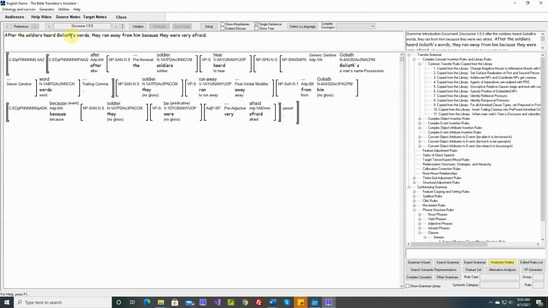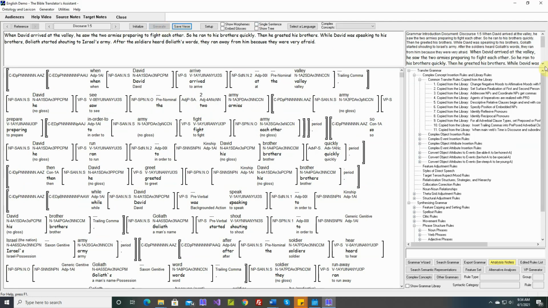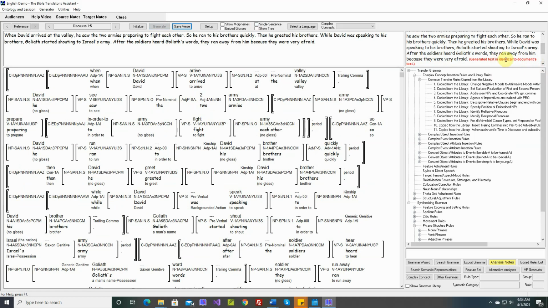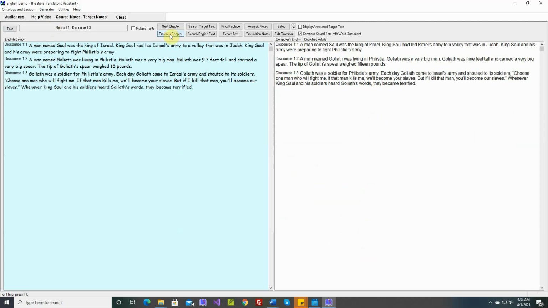After the soldiers heard Goliath's words, they ran away from him because they were very afraid. Okay, generate text is identical. That's the last sentence. Let's go to the full verse. Nothing in red. Everything is the same. So let's save it. And let's go edit or regenerate clauses 172.